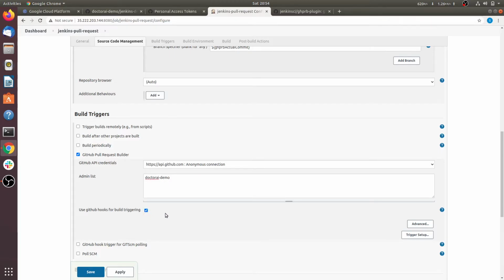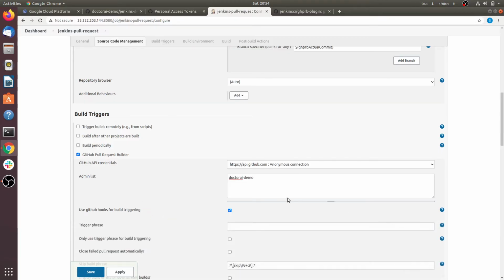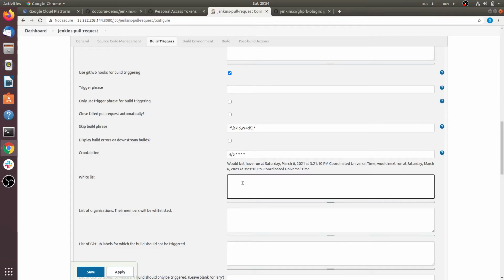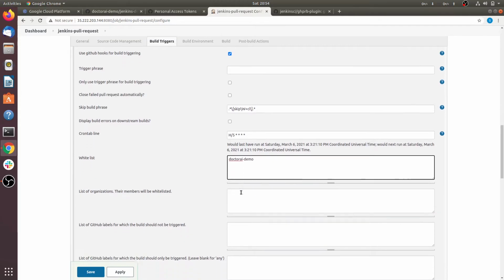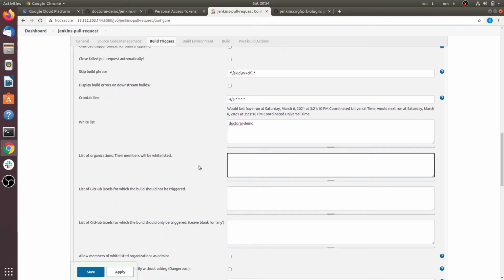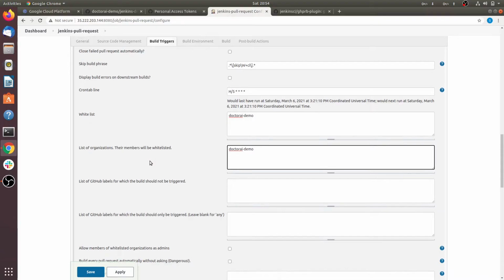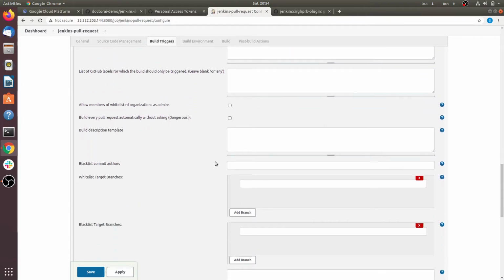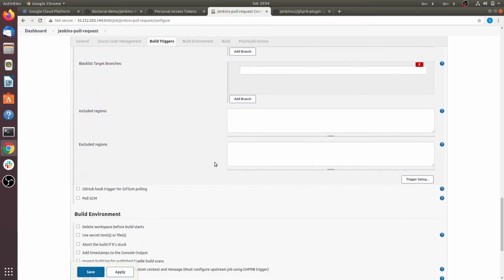Check this box. In the advanced option, you have to copy this username and provide it in the whitelist. It will whitelist the user, and also this member, and keep everything else blank here.